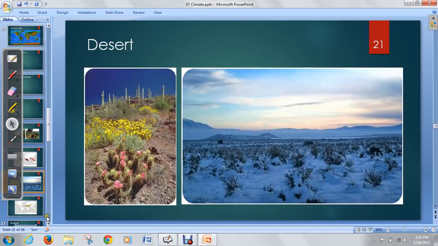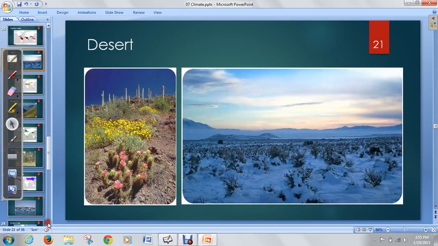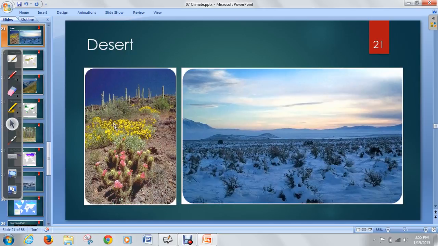All right, the next biome is the desert biome. So you know what a desert is, obviously, and you probably think of cactuses, and somewhere near Arizona is what I usually think of when I think of a desert. But here's a picture in Utah as well, and you'll notice there's lots of snow on the ground. It's kind of weird to think about Utah as a desert, but it is. It's very dry. It's not always very hot, but the key feature for a desert is dry.